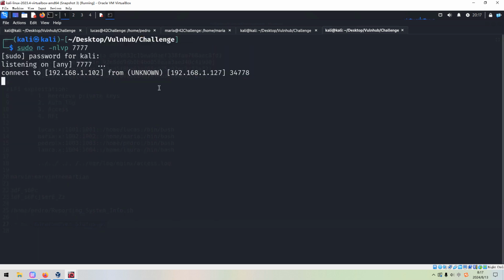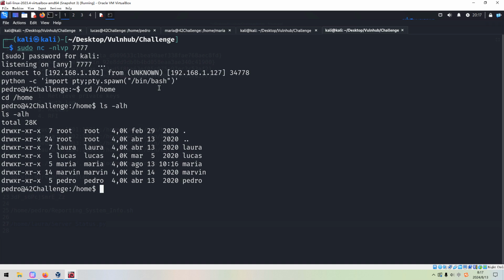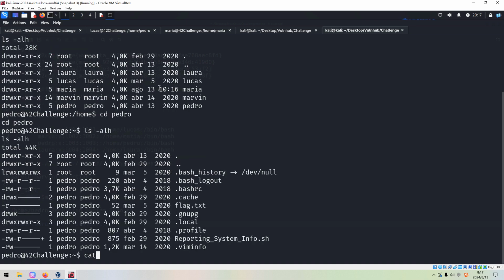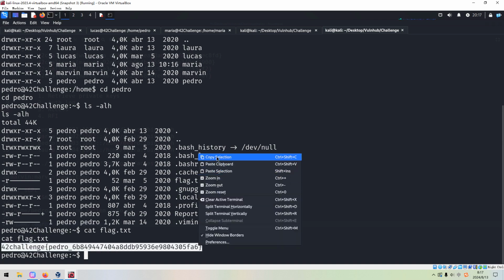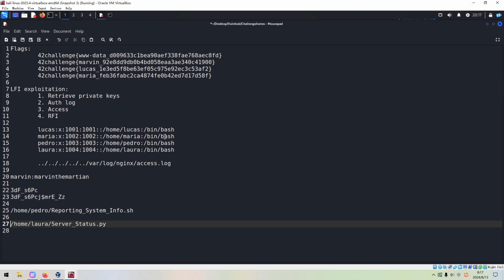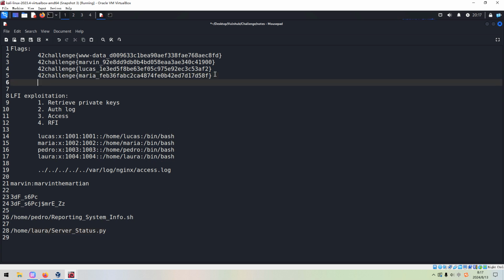As you can see, we have already got the connection. And now we can go to the home directory to retrieve its flag. You know, Petra's flag. So we can copy, and paste in here.